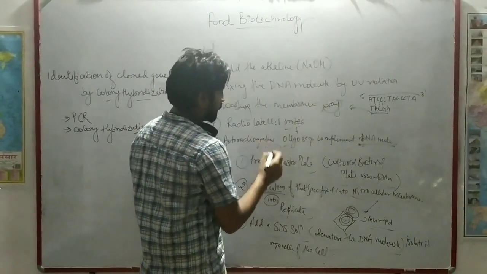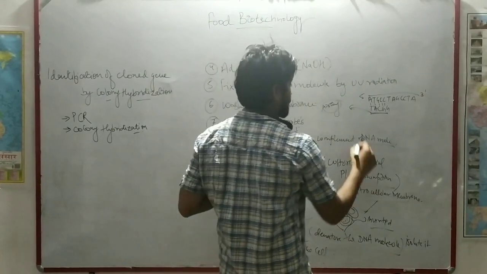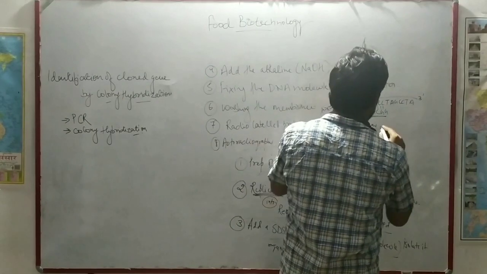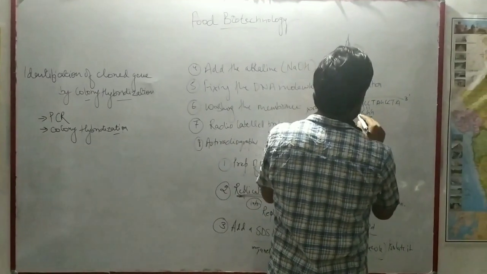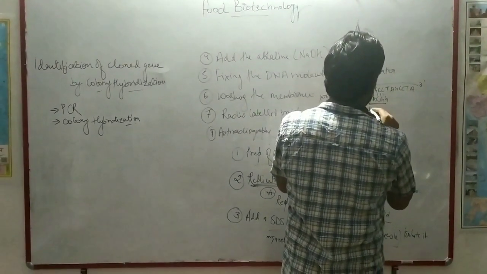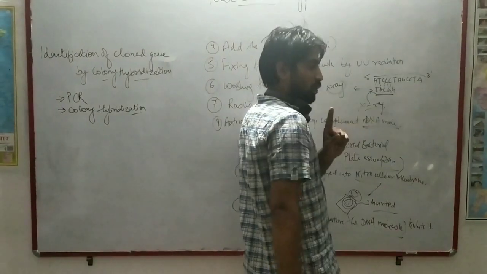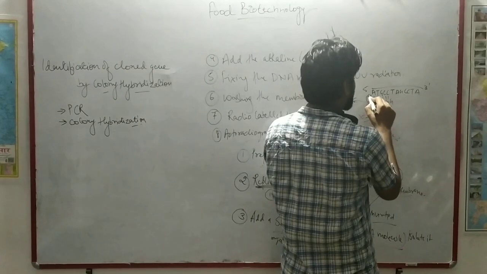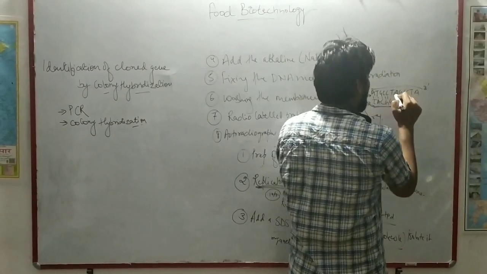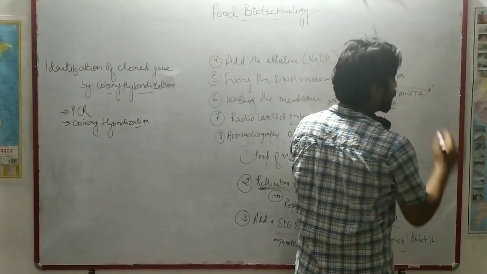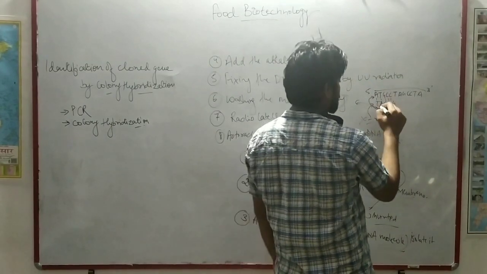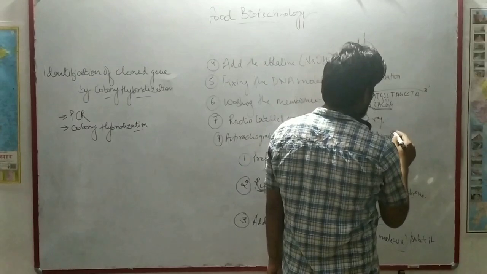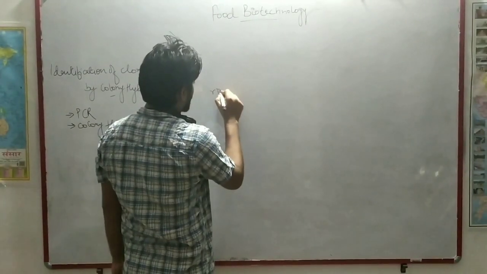In this step, for autoradiography, you will be using X-ray radiation, and this X-ray radiation will be specific to that probe. And this probe will glow. But make sure it will only glow when the probe has a complementary sequence and has bound to the master DNA molecule. This is your master DNA molecule which is there, and this probe is specific to that. So what happens if X-ray is passed?